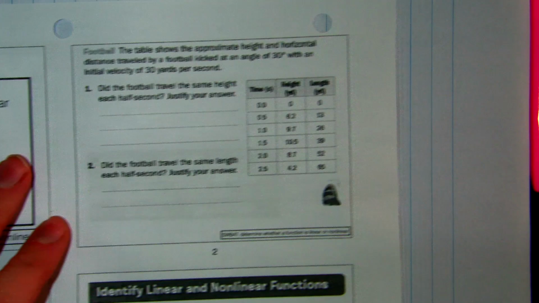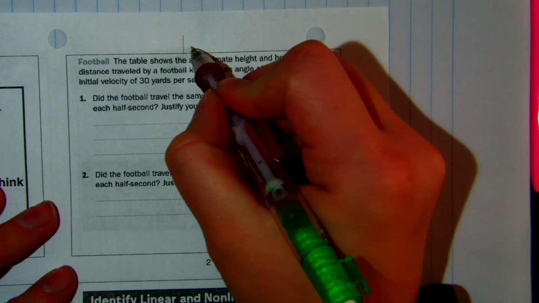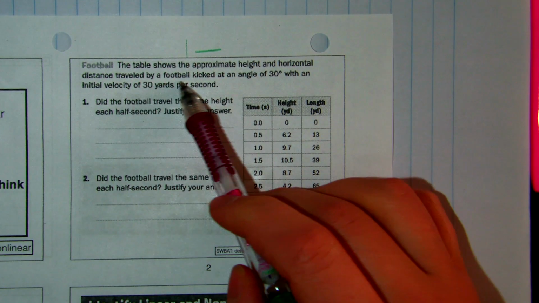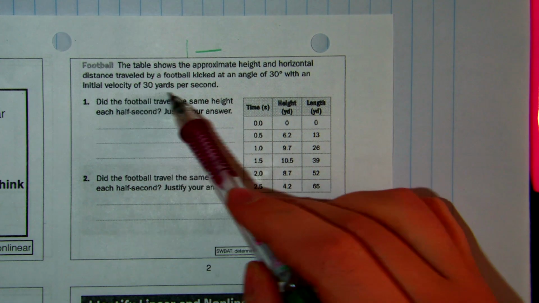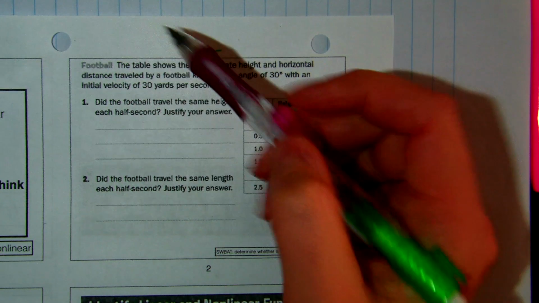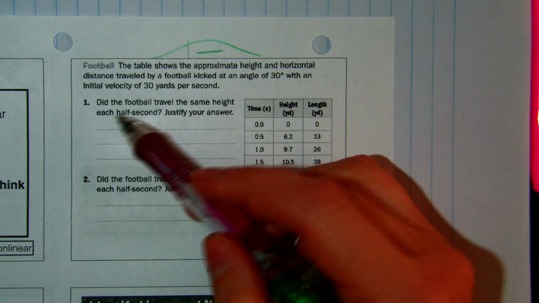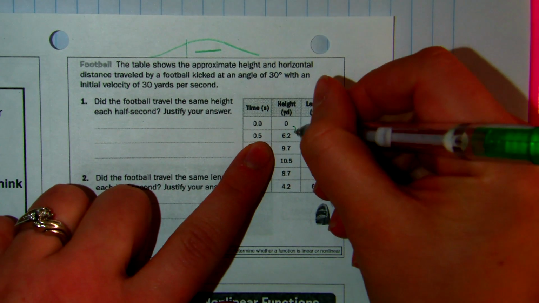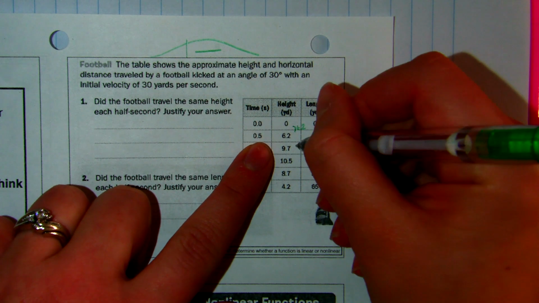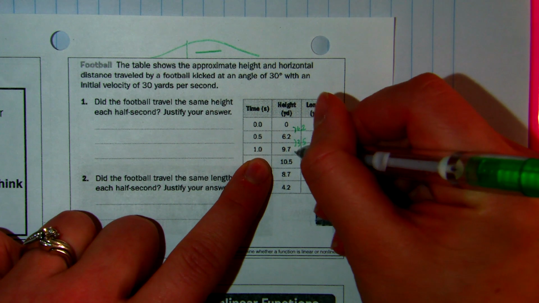Let's check out this example here. The table shows the approximate height and horizontal distance traveled by a football kicked at an angle of 30 degrees with an initial velocity of 30 yards per second. So that's how fast they kick it. So it kicks high, high, high, high, and then it's going to come down. Did the football travel the same height each half second? So here's our height. So here it traveled 6.2. 6.2 to 9.7 is 3.5. And that's in half a second. Then it only traveled